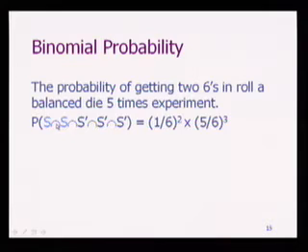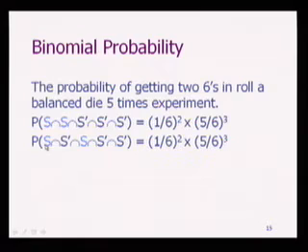But there are other possible outcomes that are 2 6s. Right? You could have that first time is 6 and then not 6, and then 6 and not 6 and not 6. That's another situation. What's the chance for that to occur? Well, you have 2 factors of probability of 6, and 3 factors of probability of 5/6. So the chance is the same. These outcomes, the chance of them to occur are the same.